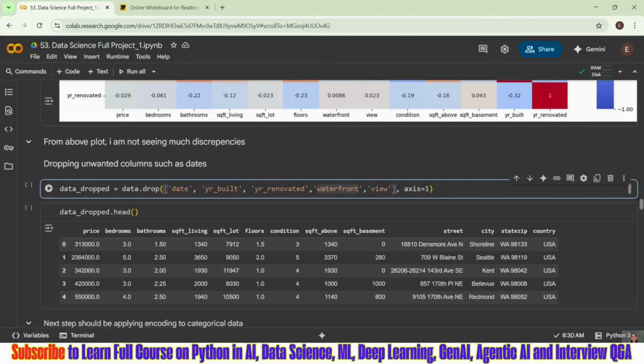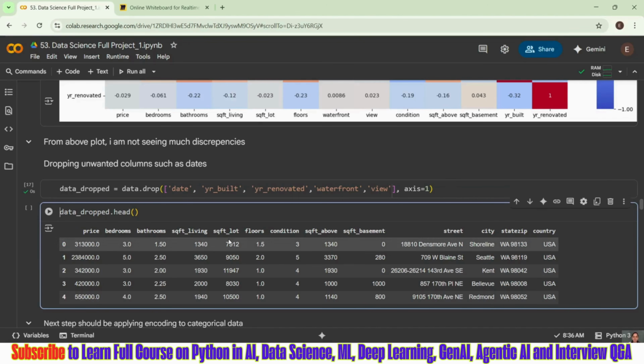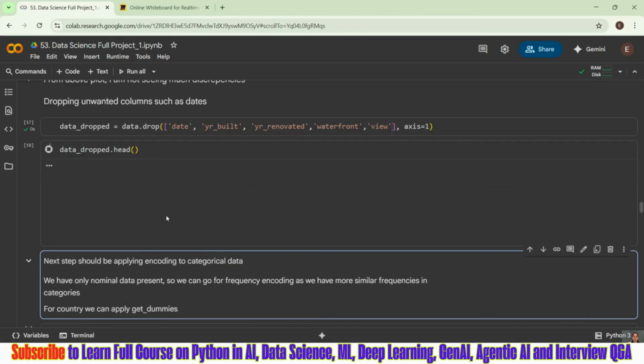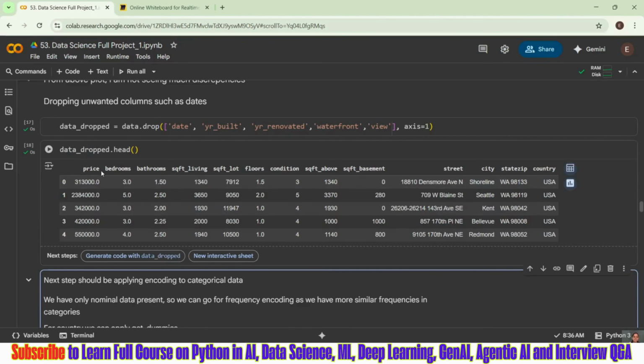How good is that view? When you work in an organization, you will be getting all these requirements, and you need to try different methods. According to me, these things matter less, so I am dropping them. After dropping, I'm getting the head of it, which contains only these columns.